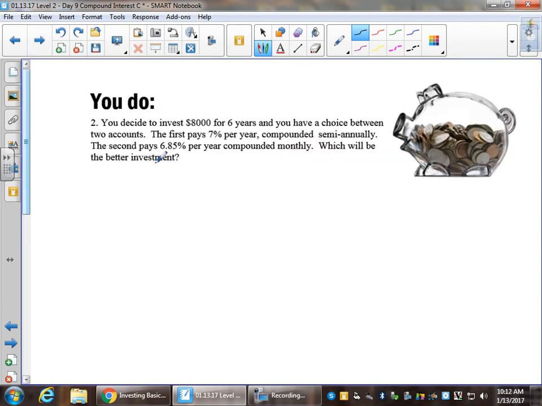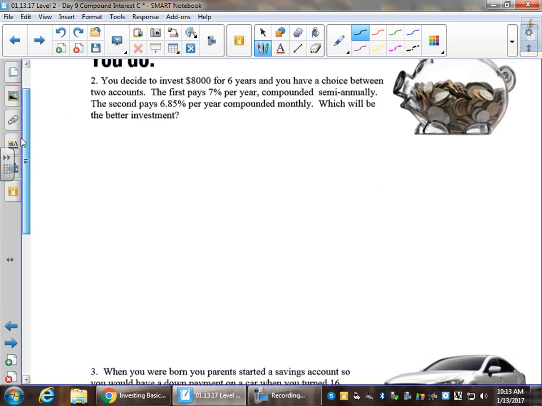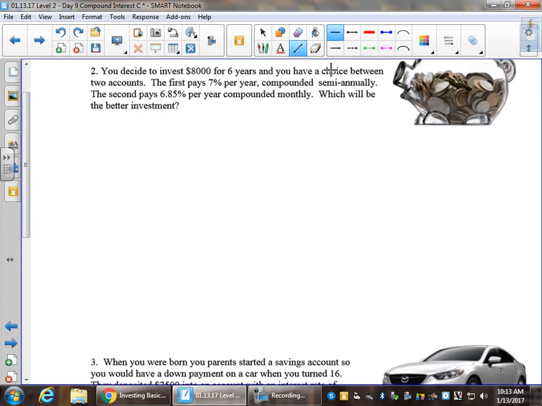You do. You decide to invest $8,000 for 6 years, and you have a choice between 2 accounts. The first pays 7% per year, compounded semi-annually. The second pays 6.85% per year, compounded monthly. Which will be better? As soon as you see these words, you have a choice or you're comparing, I want you to right away